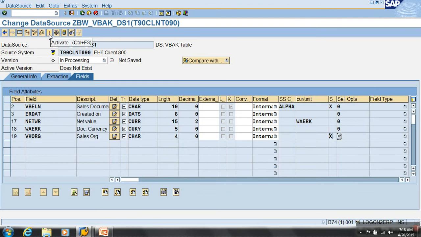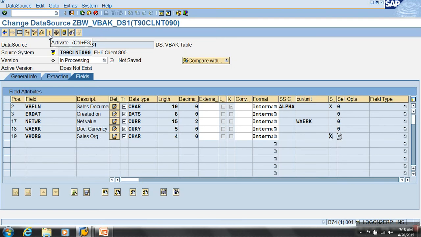The transfer structure should be common in both, because whatever is sent should arrive there. The extract structure and transfer structure could be different, but the transfer structure in the source and the transfer structure in BW both should be the same. Because the transfer structure in ECC will tell you what fields are sent, and the transfer structure in BW will tell you what fields are coming. So what is sent and what is coming should both be the same, right?